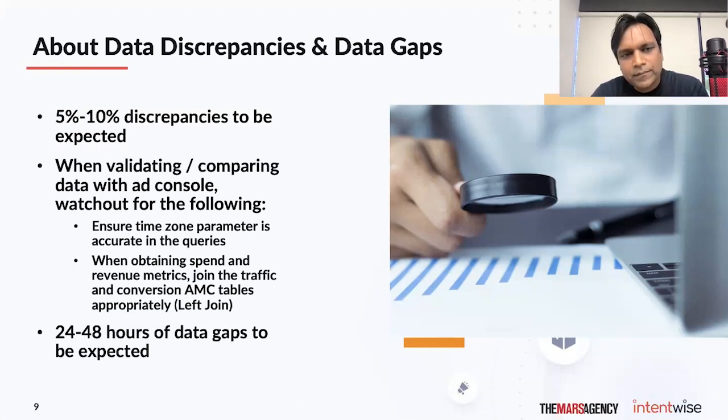Also, when you're validating or comparing data, a couple of tactical things to watch out for: you want to ensure that you're passing the accurate time zone as part of the queries. That's something that we have seen as a gotcha. The other thing that we have seen happen is when you're, let's say, trying to get spend and revenue metrics,